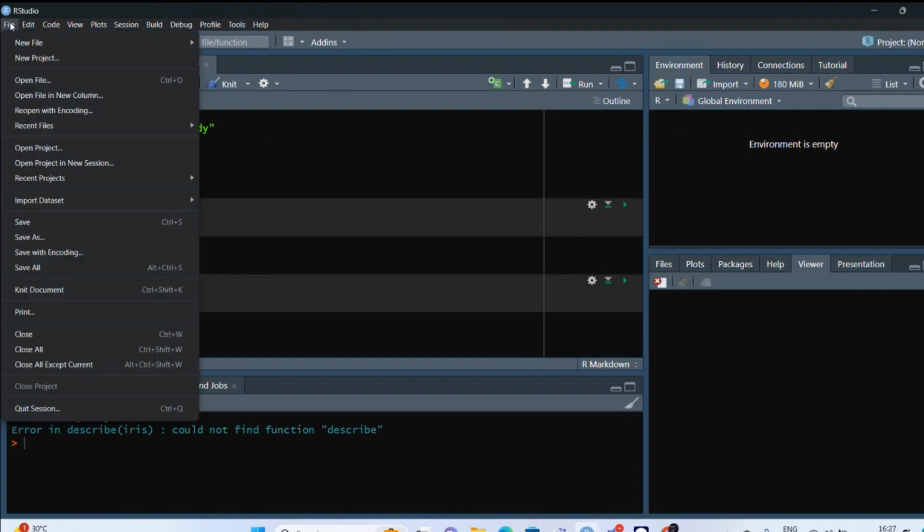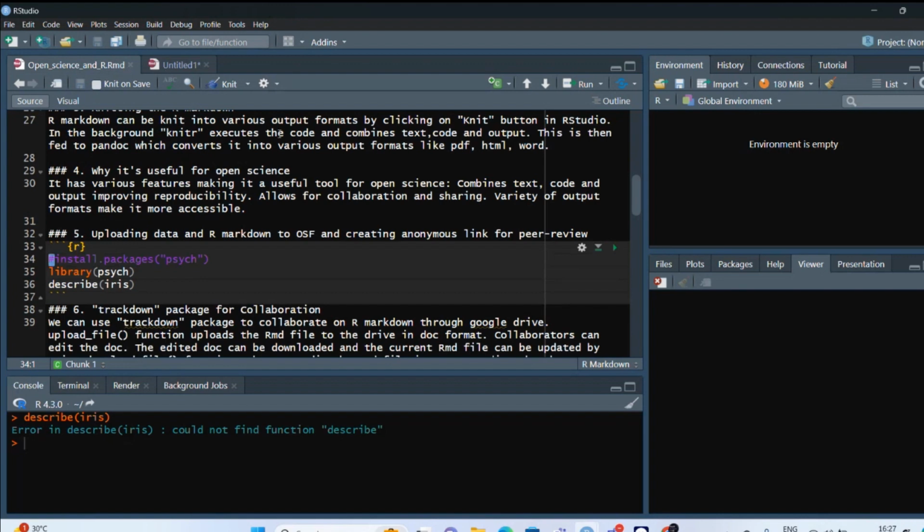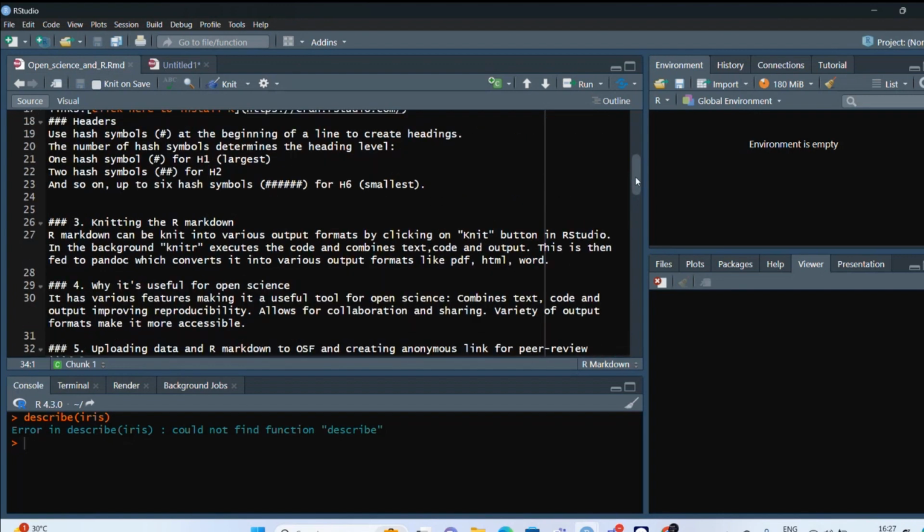In order to save it, just click on save. And once it is saved, you can send that R Markdown file to anybody. Now coming to more, I will show how to knit it into PDF as well, but let's first understand what